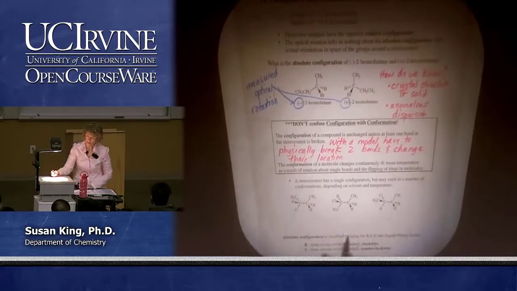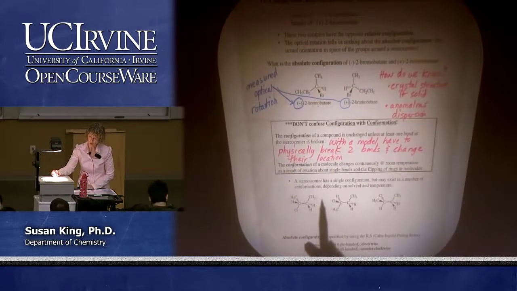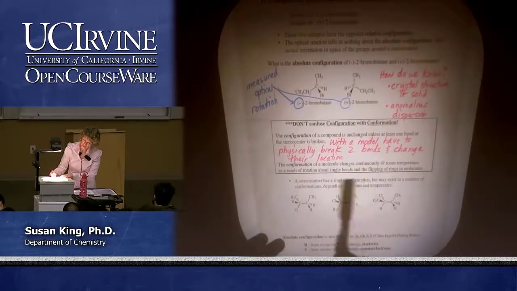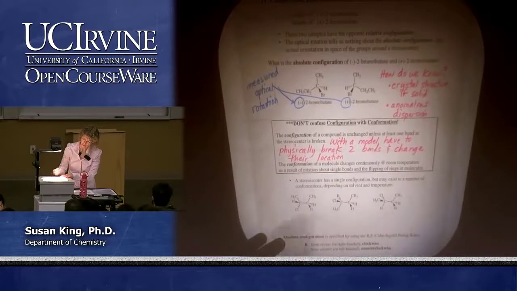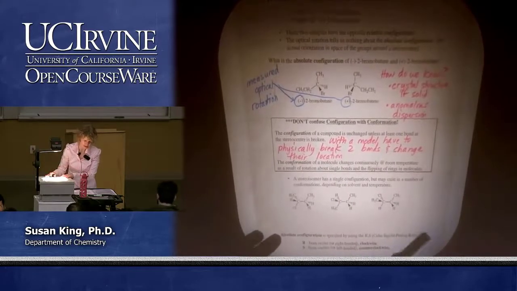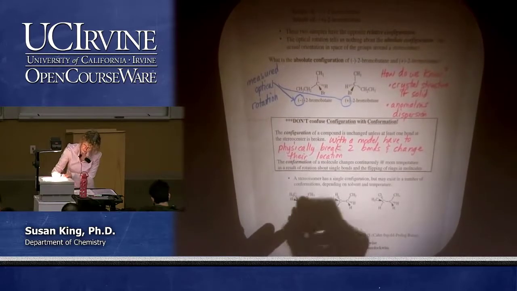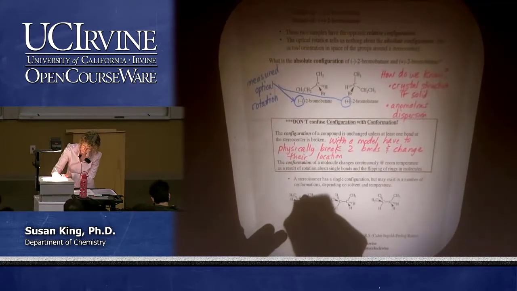So that's the absolute configuration. The conformation of a molecule changes continuously at room temperature as a result of rotation about single bonds and flipping of rings and all the things we learned about in Chapter 4. That's a completely different thing. A stereoisomer has a single configuration but may exist in a number of conformations, and it certainly does have many, many conformations. So if we look at this compound right here, we have one